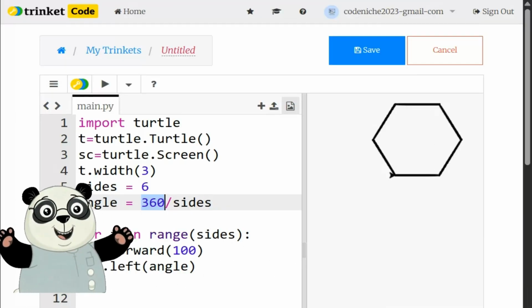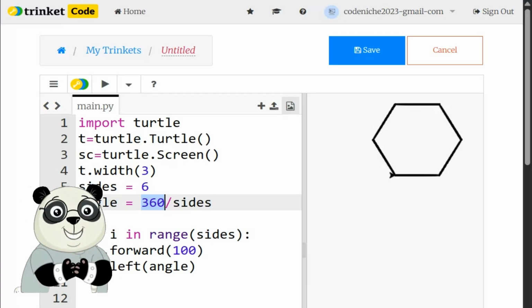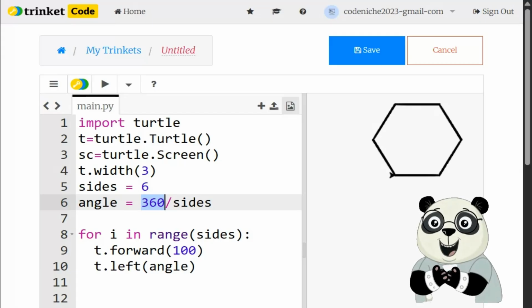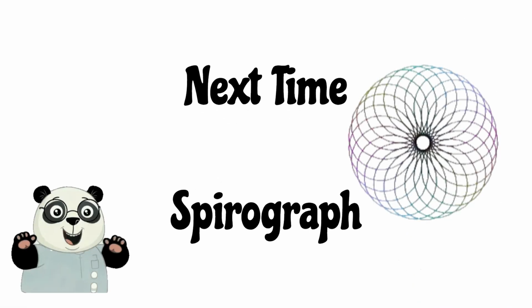I'll be reading it. Today, we learned how loops help us avoid repetition and how angles let us draw a regular polygon. Next time, we'll add colors and loops to make a colorful